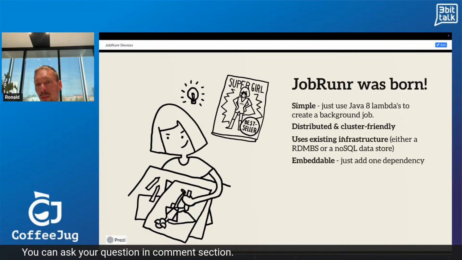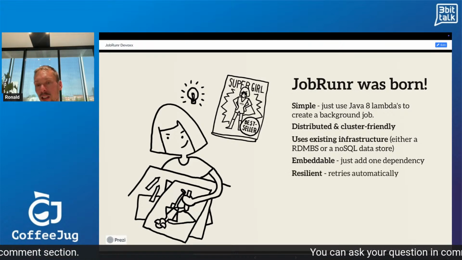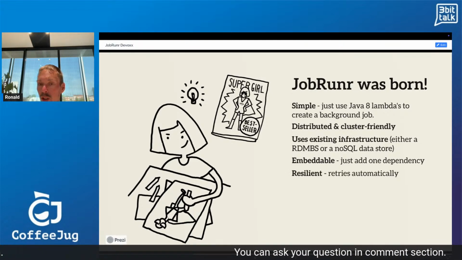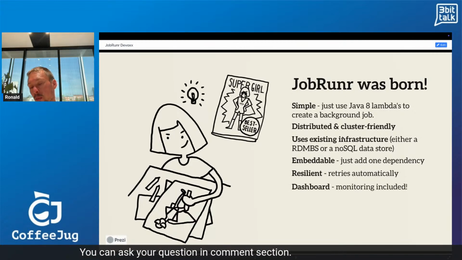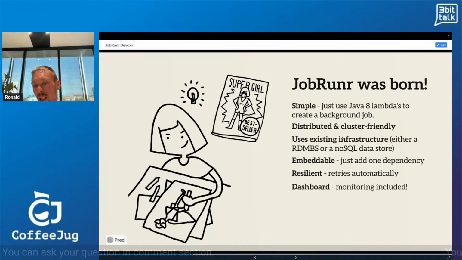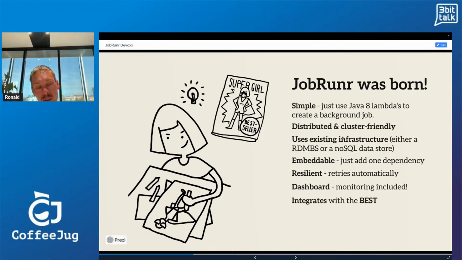I will show you in a bit when I do the live coding. It's resilient. When something goes wrong, it will retry automatically. And there is a dashboard, so you have monitoring included out of the box. And of course, it integrates with the best, being Spring Boot, Micronaut, and Quarkus.